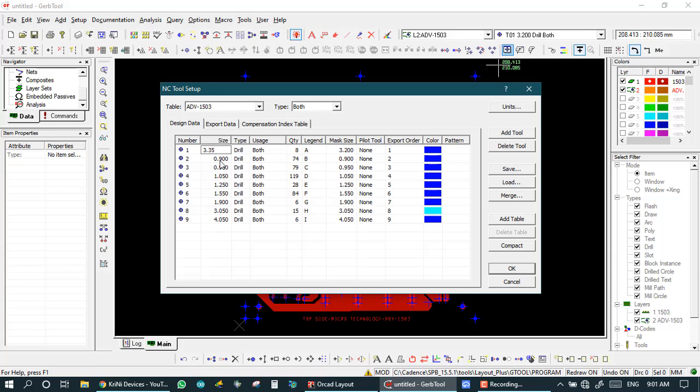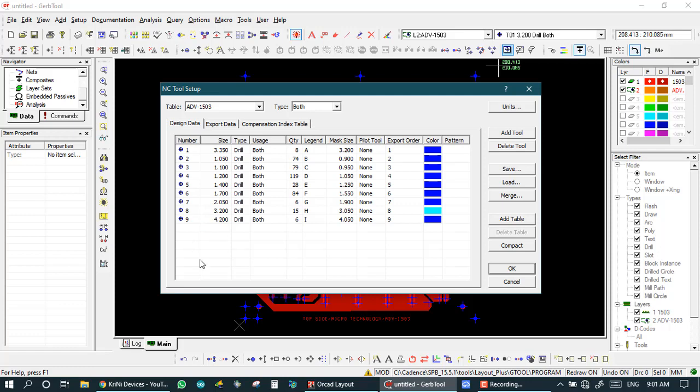Which is 0.9, so we add 0.15, so it's 1.05, like this for all. 1.9, so 2.05, 3.05, so 3.2, 4.05, 4.2. So we set like this.